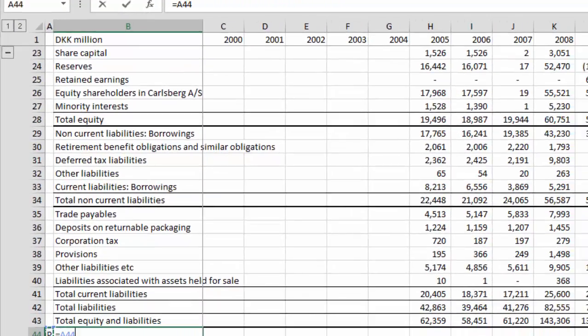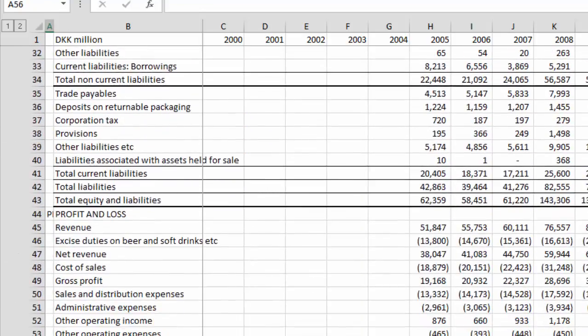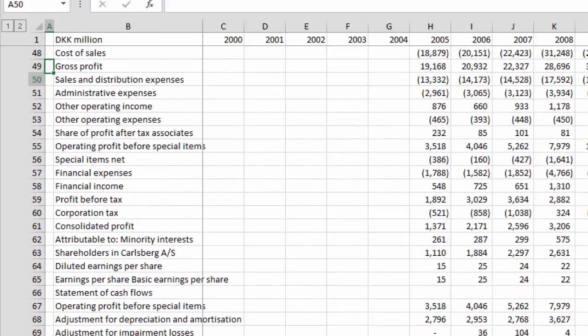Well, how does it happen if we do it like this? Let's do this. I'm going to put our balance sheet in. I'm going to copy it here, and over here I'm just going to put a dot, nothing more than a dot. And then over here I'll put a dot, and then put profit and loss. And then we'll put another dot over here somewhere. See, I can't even find it, diluted. Here's our statement of cash flows, a dot,